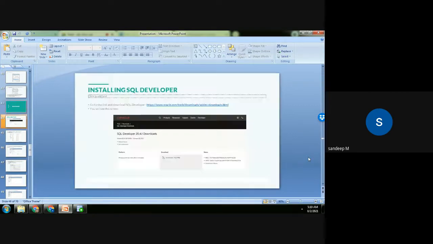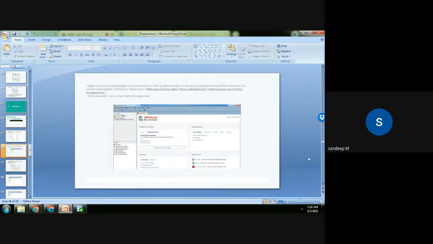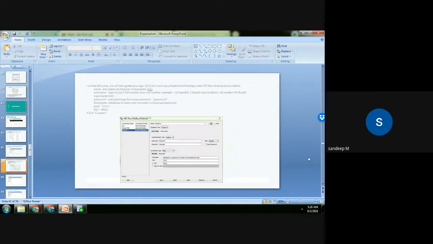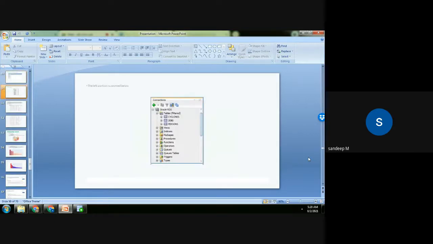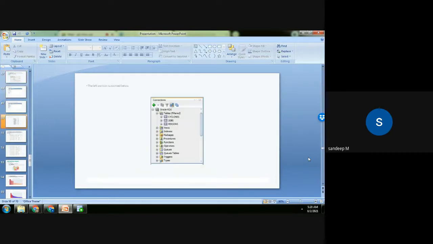Okay, this is important. SQL Developer, you can go to this website. It's just a fairly simple installation. Even the JDK comes along with it. So it's a slightly bigger file, around 400 MB, but it's mostly clicking on next. Okay, there's nothing complex about this installation. So once it's installed, you'll get a screen like this. I'll show you how to connect.